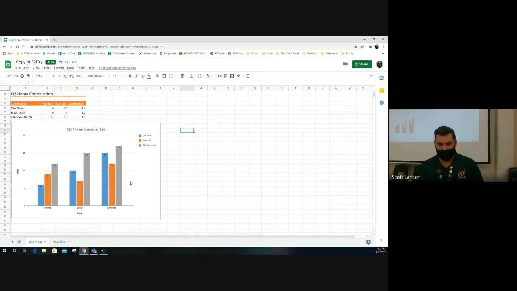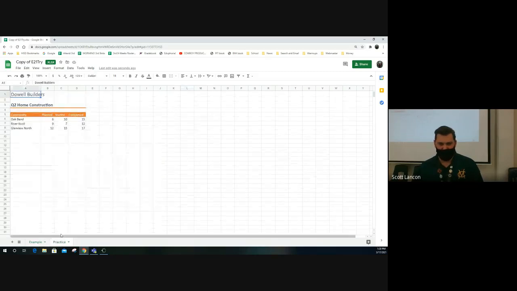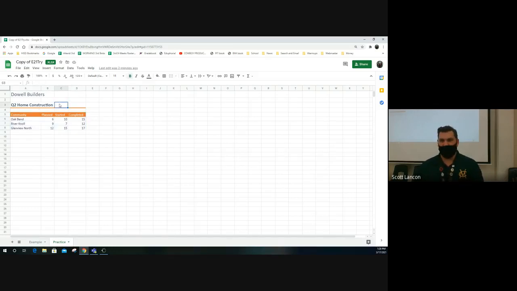So to create a chart, let's go over here to the Practice tab. Click on the Practice tab down here. We have a simple little plot of information right here, this little table of info for the Dowell Builders home construction happenings in Q2. Okay, so let's go ahead, and there's a very important thing that I like to say